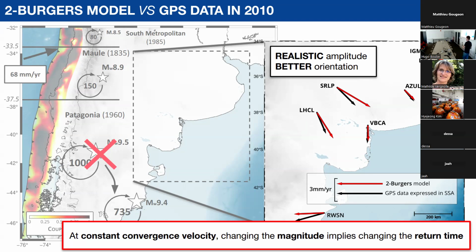So what I am saying here is not that Valdivia is maybe 9.4 instead of 9.5. It's something that is debated, but I'm just saying that these kinds of models are very powerful to explore what occurred in the past. For example, the return time of the earthquake, the magnitude of the earthquake, and maybe we can better constrain this seismic history using this kind of